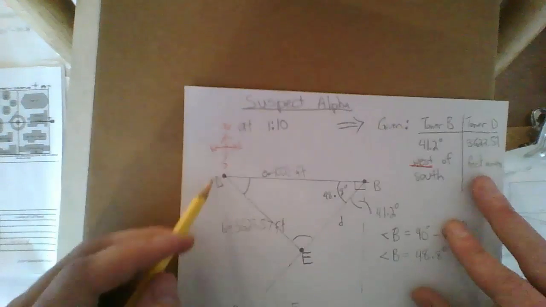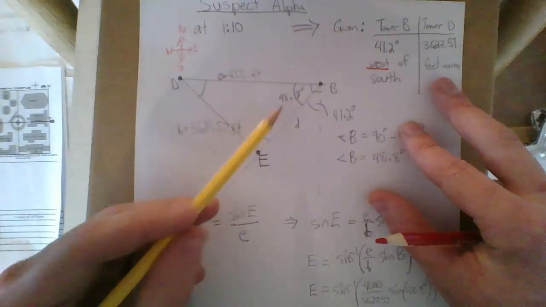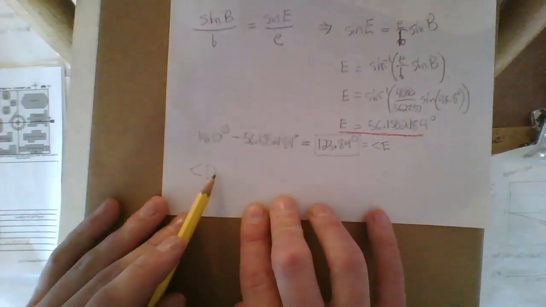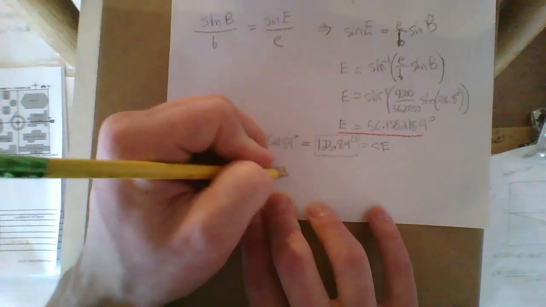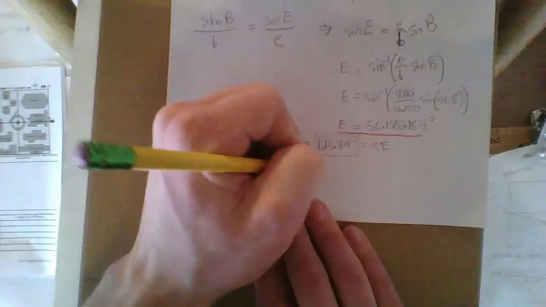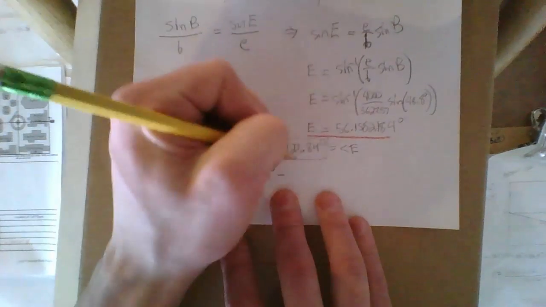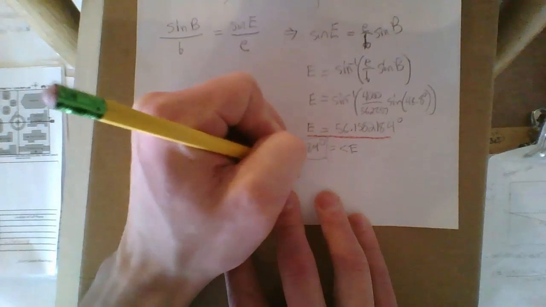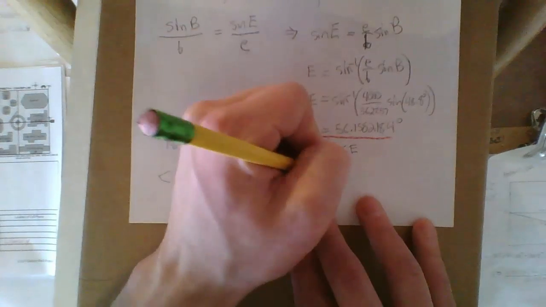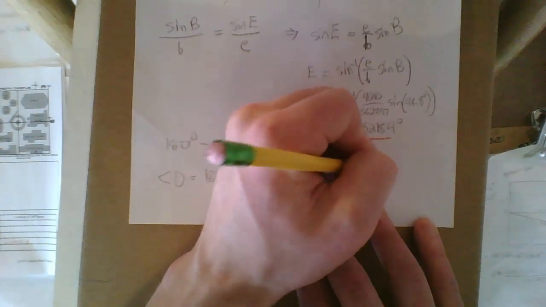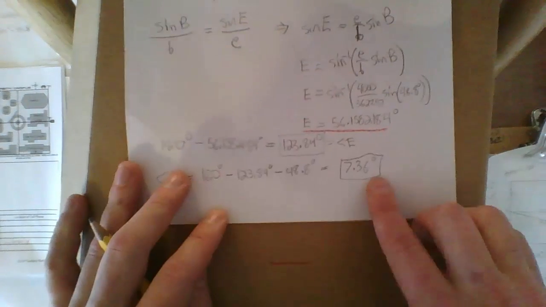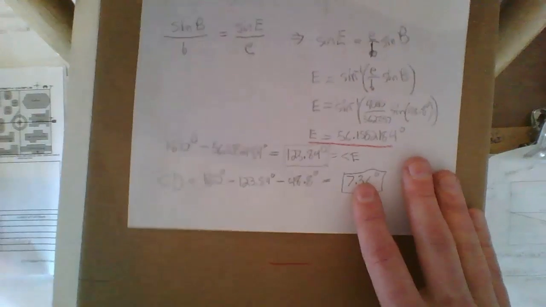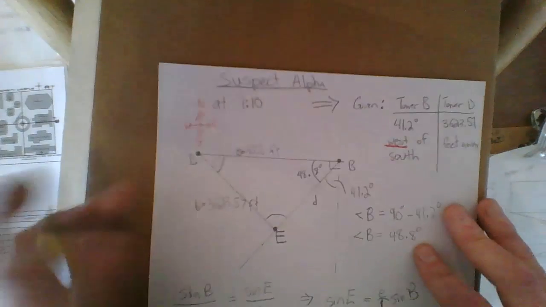Okay, so we'll go angle E plus angle B plus angle D equals 180. That way we can solve: angle D equals 180 degrees minus angle E, 123.84 degrees, minus the one we were given, 48.8 degrees, which should give us 7.36 degrees. Okay, so now angle D is 7.36 degrees. So now all we have to do is go to our map